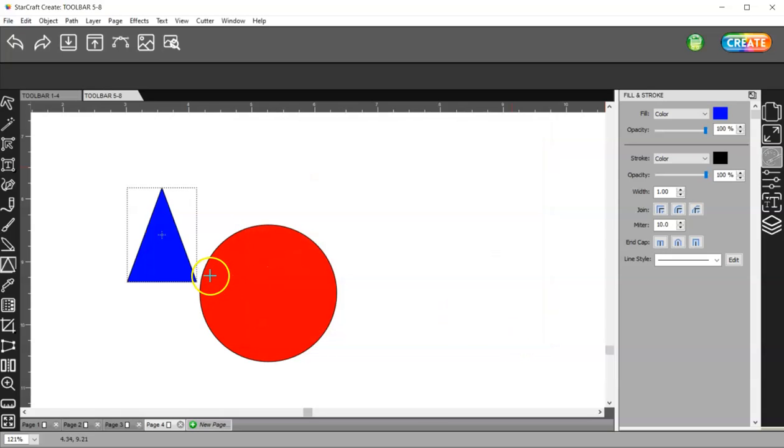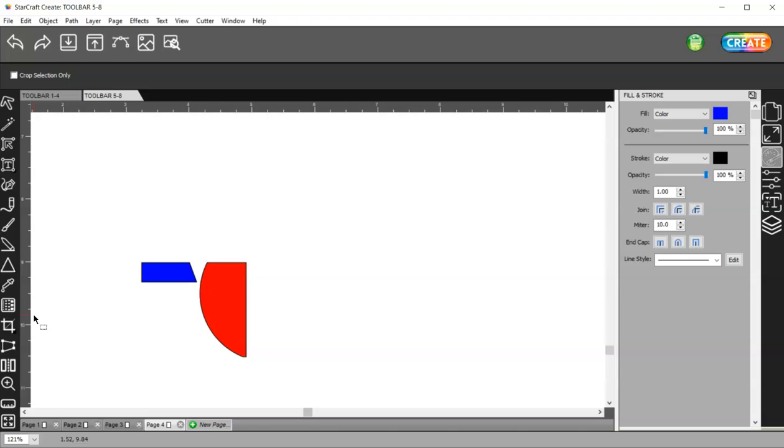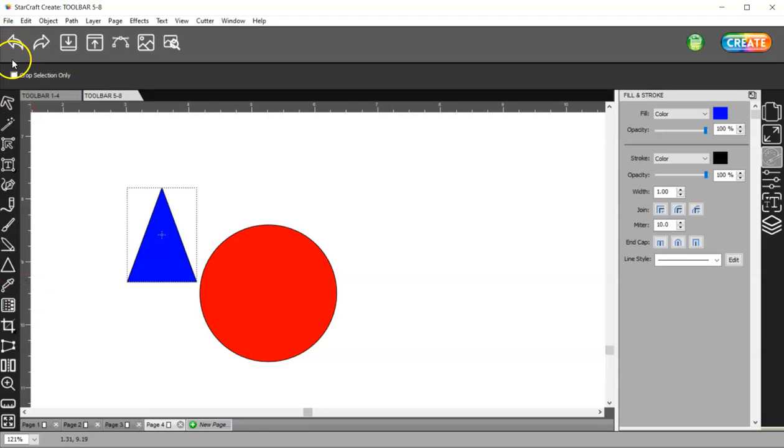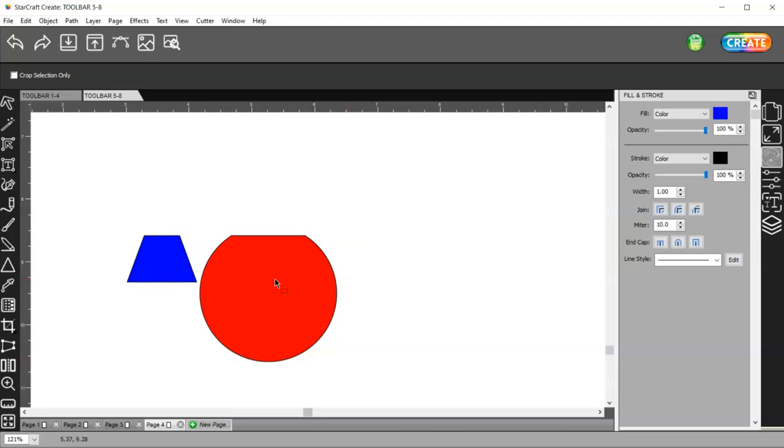Okay, so now into my knife tool, if I left click and hold it down, I have a crop tool. With this crop selection only unticked, if I left click and draw a box around the images here and I hit enter, it's only going to save what was in my selected highlighted area here. Alright,